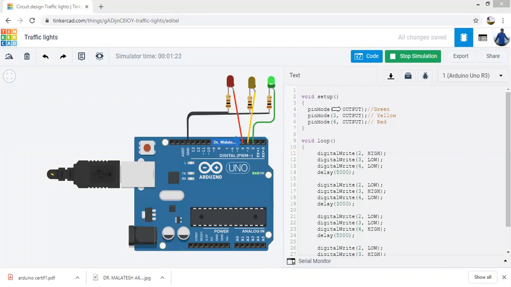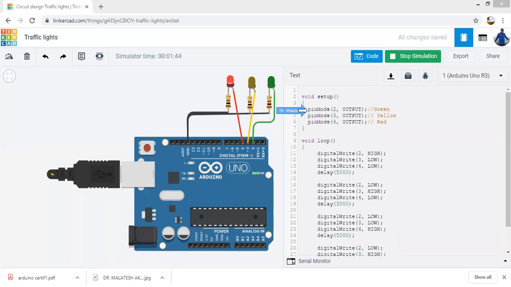Just as a comment, I have written here that for pin number 2, the green is connected. Pin mode 3. So these are the commands to declare whether the pins are input or output. Since it is an LED connection, we just have to turn the LED on or off. To turn the LED on, we have to send a high voltage.